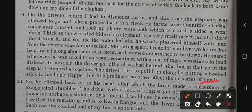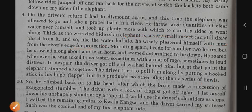Now, the elephant was given some kind of bathing. All right. Then what happened? The elephant went to the water and drank water to cool itself. Then what happened? Very wisely, the elephant put mud. All right. Why? Because it is essential, and it helped the elephant to escape from the...